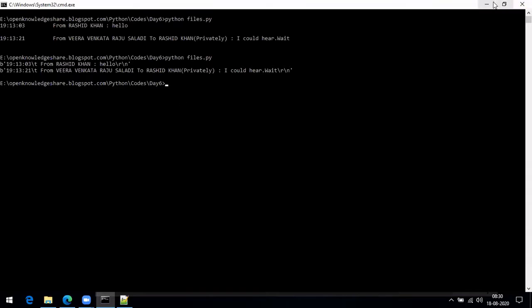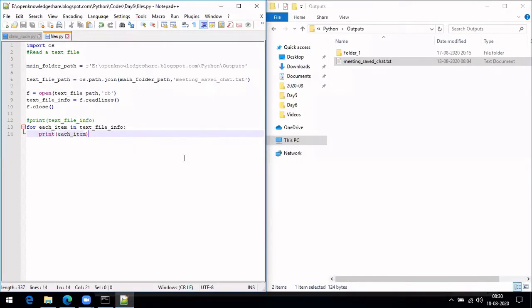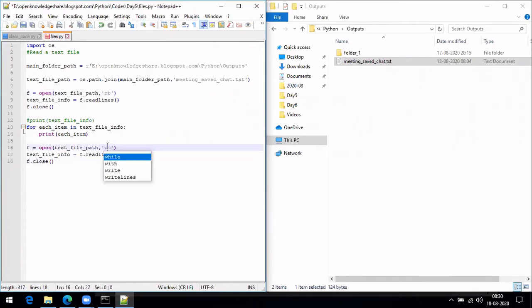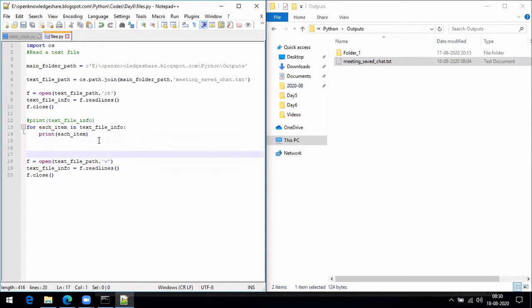Now what we'll do is also write this particular file. Same thing, it doesn't matter, just that it should be in write mode. But in write we have to write lines, right? So what we'll do is write in a different file.